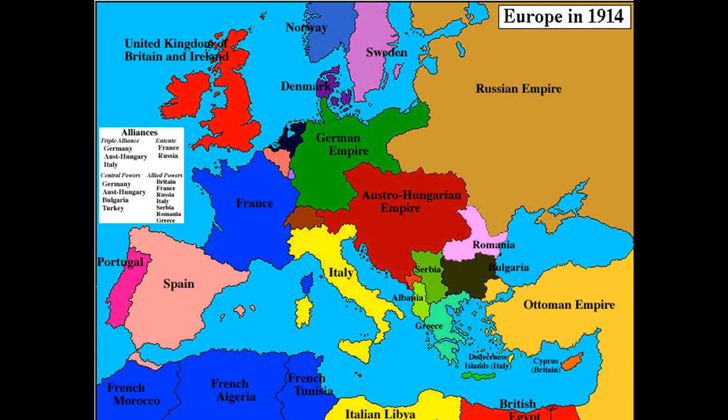Germany doesn't want Russia getting more land, or anything like that. So, they declare war on Russia. Germany wants to invade Russia. However, Russia had France as an ally. So, problem. However, Germany had a plan, the Schlieffen Plan.